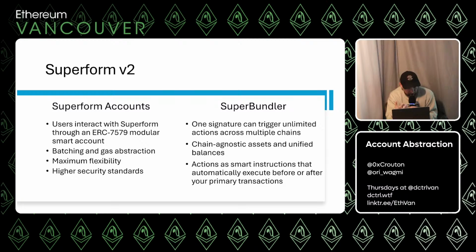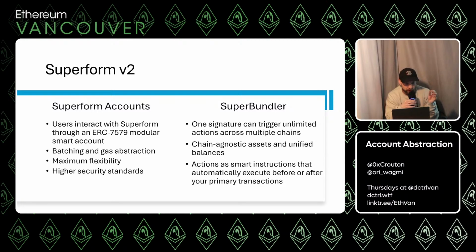Breaking these two components down a little further, we have the Superform account. Users interact with Superform through this, built on the 7579 modular smart account standard. And what does that mean? We're trying to introduce the world of smart accounts and have them more widely used in crypto.